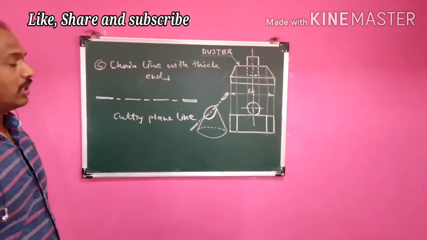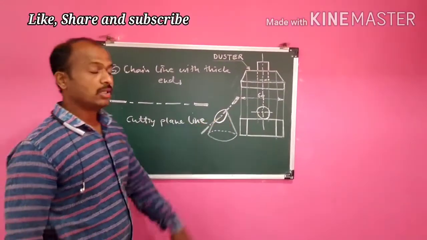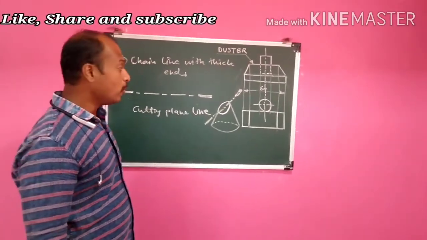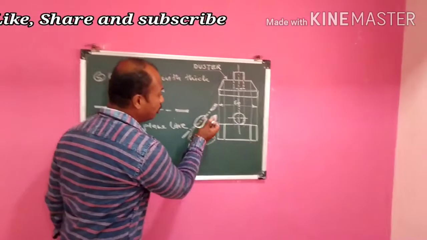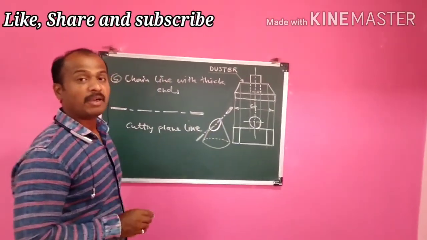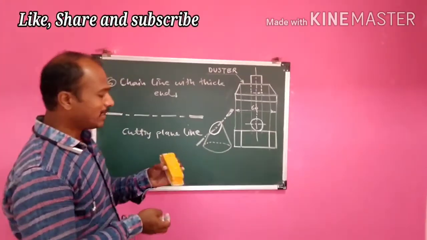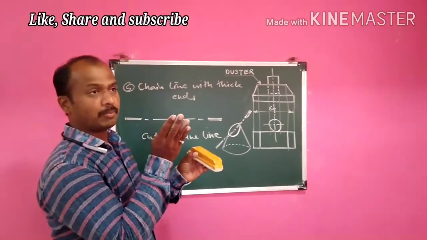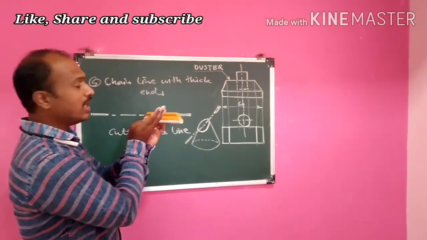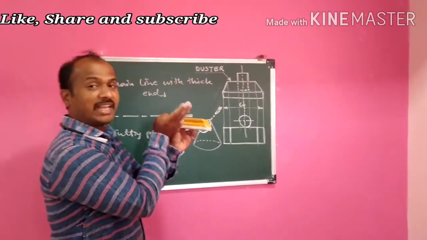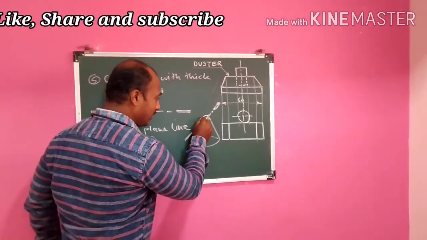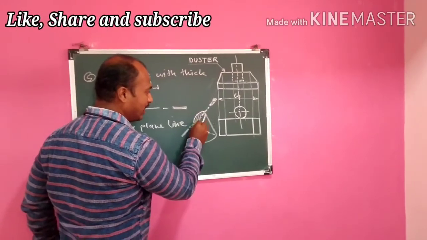After removal of this, the elliptical shape will be visible. Now to show that this object is cut from here, where the cutting plane touches, suppose I take a hacksaw blade and cut this object. Wherever that hacksaw blade touches this object, there we draw the hatching lines. So these are the hatching lines.